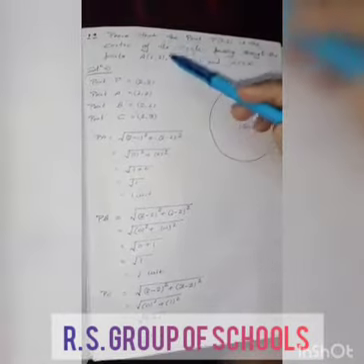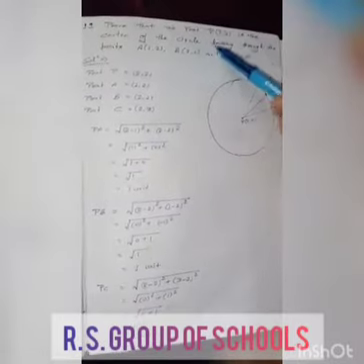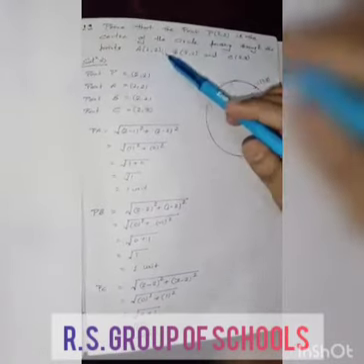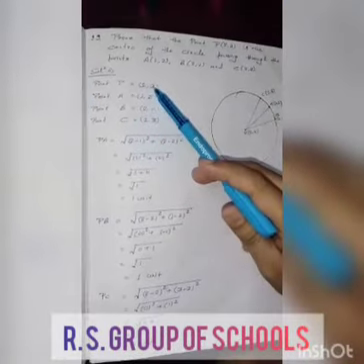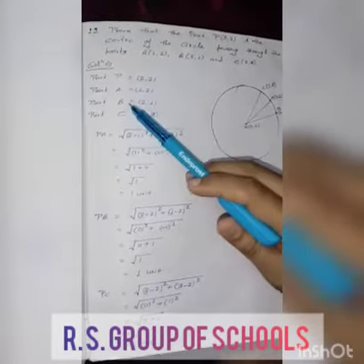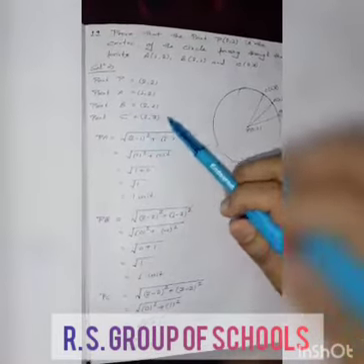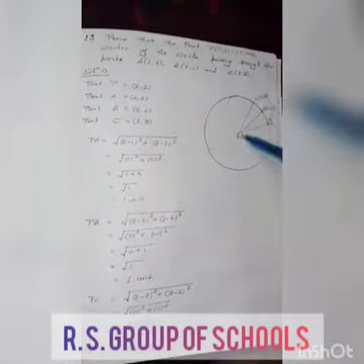Now question number 19: prove that the point (2, 2) is the center of the circle passing through the points (1, 2), (2, 1) and (2, 3). Let point P equal (2, 2), which is the center of the circle, point A (1, 2), point B (2, 1) and point C (2, 3). First we find the distances PA, PB and PC.